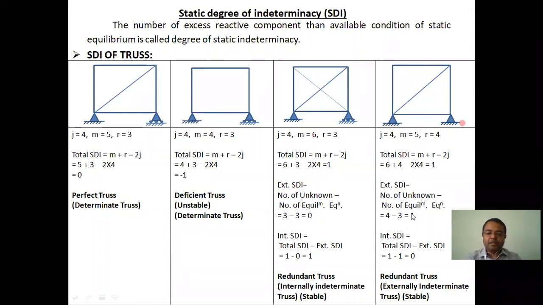So the given structure is externally indeterminate by degree 1. Because of the provision of this, here first of all there is a roller support, and here we have provided a hinge support, that's why it happens. Okay, so in the total